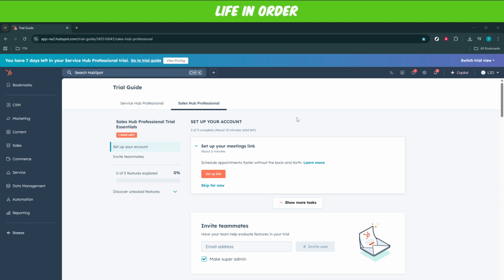Next, locate and select Integrations. This area is key as it allows HubSpot to connect and interact with different applications and services you might be using. Once inside Integrations, click on Private Apps. This specific option lets you build private applications that can securely integrate with HubSpot APIs, offering you tailor-made solutions for